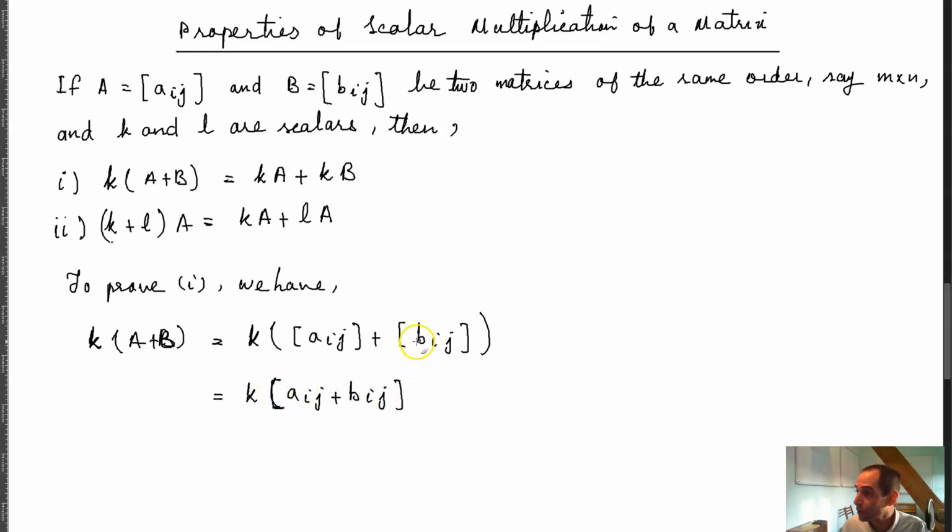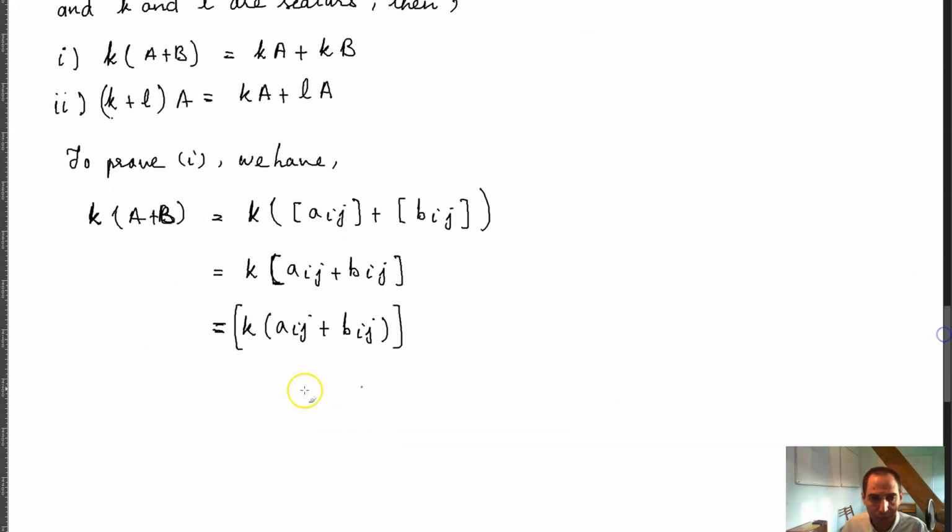Actually, this is a matrix, right? And then you can write this as k times a of ij plus b of ij as a matrix, and well, you can of course write this as a matrix as k times a of ij plus k times b of ij,